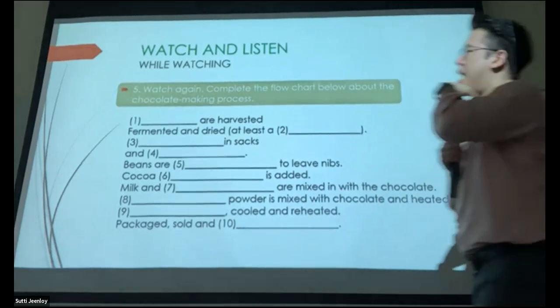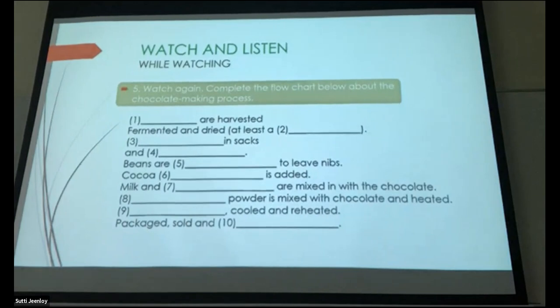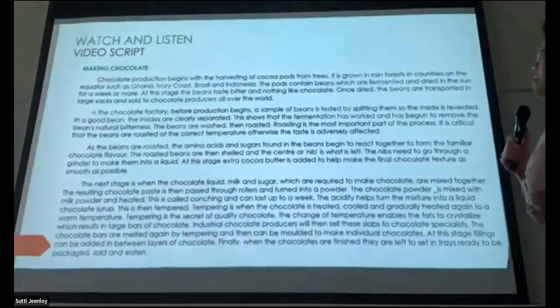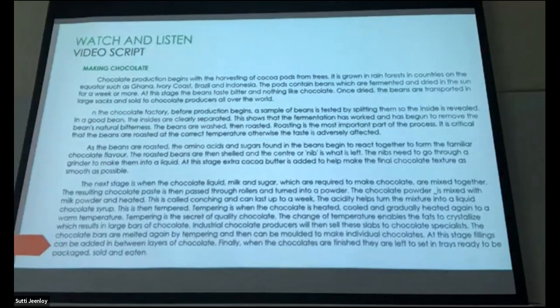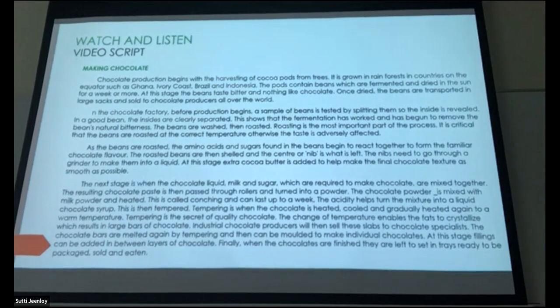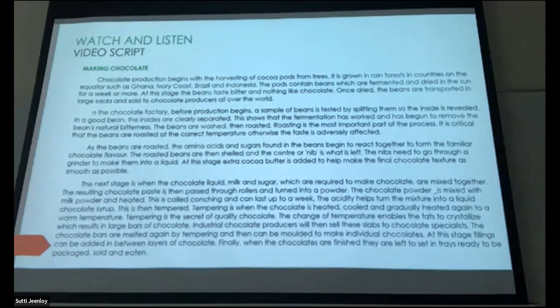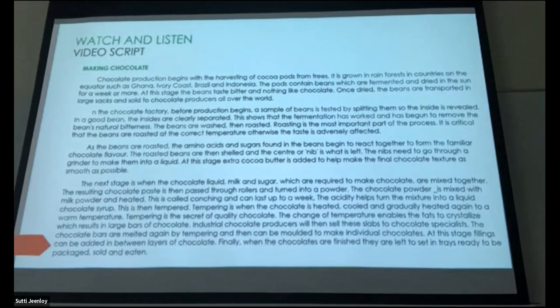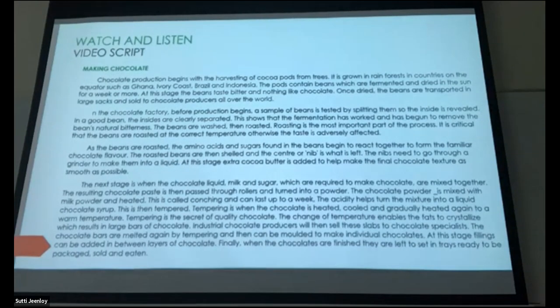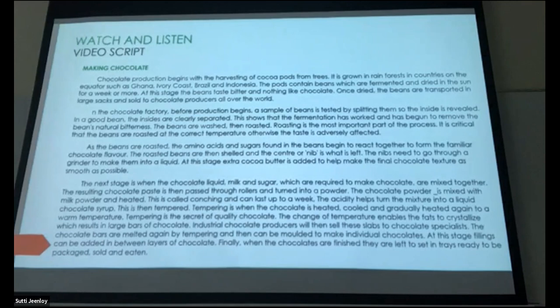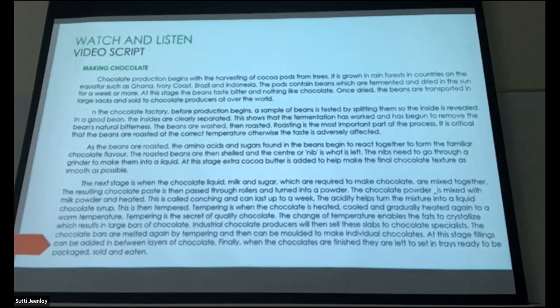เดี๋ยวผมจะเริ่มจากอันนี้ เดี๋ยวเอาใหม่ เริ่มที่ test script ก่อนดีกว่า ไม่งั้นเดี๋ยวมันจะยากไปหน่อย Okay, let's take a look at the test script first. Okay, the video script. Making chocolate production begins with the harvesting of cocoa pods from trees. It is grown in rainforests in countries on the equator such as Ghana, Ivory Coast, Brazil, and Indonesia. The pods contain beans which are fermented and dried in the sun for a week or more. At this stage, the beans taste bitter and nothing like chocolate. Once dry, the beans are transported into large sacks and sold to chocolate producers all over the world. In the chocolate factory, before production begins, a sample of beans is tasted by splitting them so the inside is